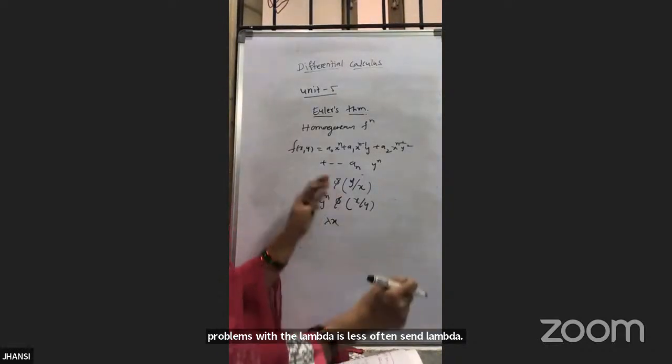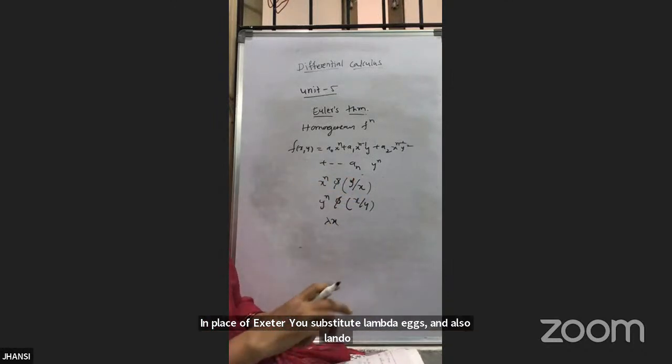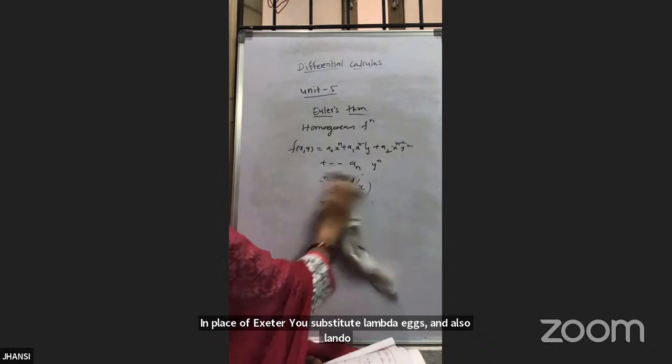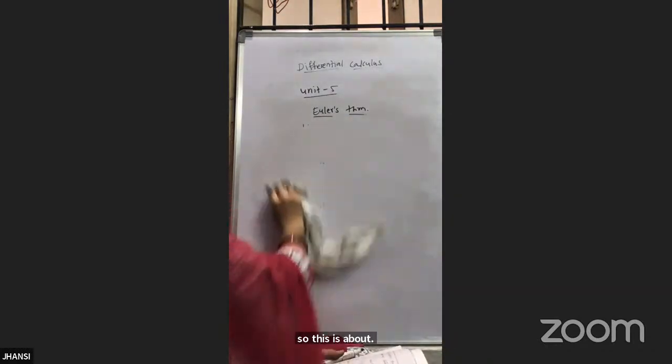In place of x, you substitute lambda x and also lambda y. Okay. So this is about only a 5 marks question you will get. And about Euler's theorem,